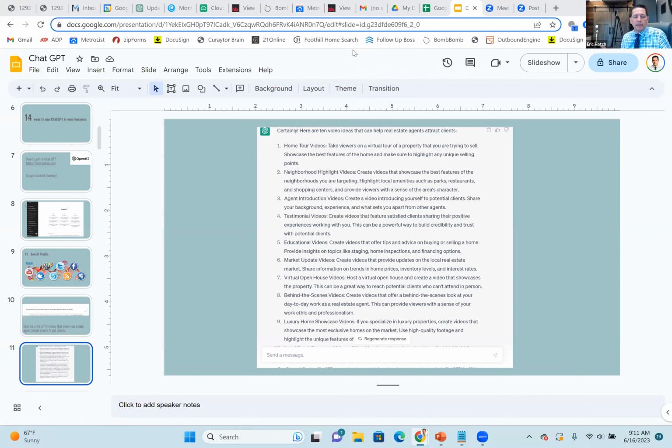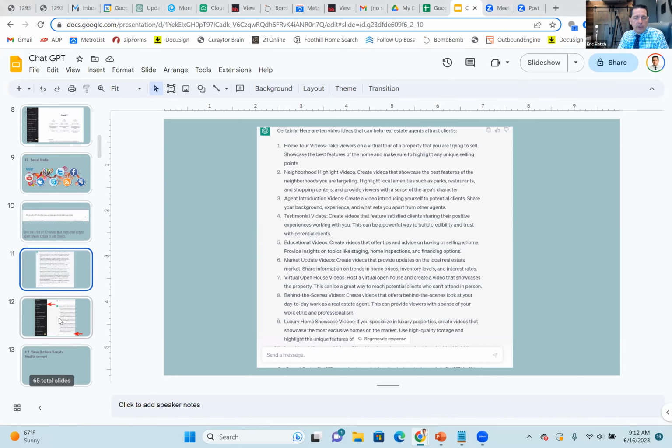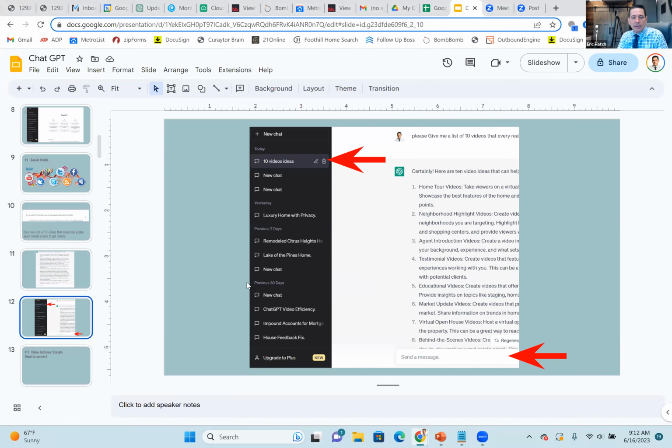If you read an article that you kind of like, this is what's so cool about ChatGPT. I could take that article, which I'm going to share with you, and reword it, put it into a video script, and it will reword it for me with a little tweaking. Now I have my original content from an article that I really liked, and I can make it into a video and drop it into the videos you're sending out to your sellers and potential buyers on your drip campaigns. So that is pretty cool on the social media part. And then what's going to happen is that the videos will show up right here.